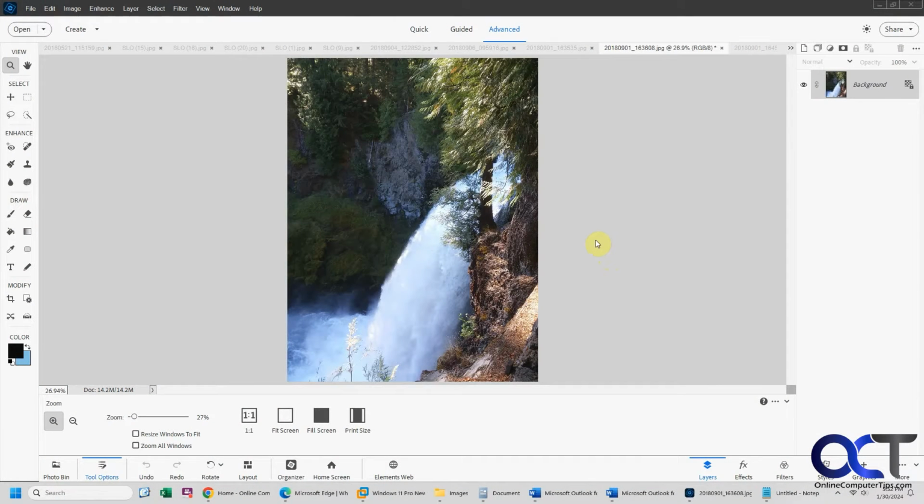Hi, in this video we're going to show you how to print just a single photo or file from Adobe Photoshop Elements. So if you have a bunch of files open, let's say we got a whole row of files across here in our open tabs, and we want to print just this one. When we go to File and Print,